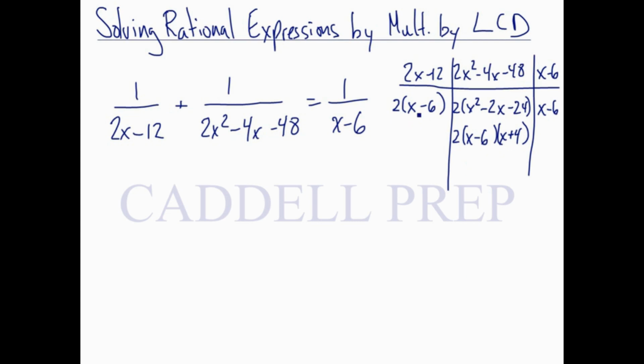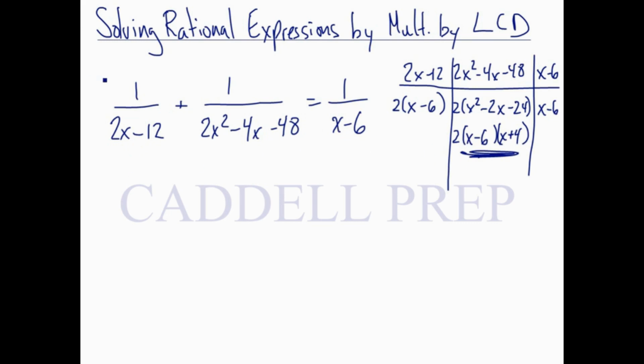So here, if we multiply this by x plus 4, it's going to be the same as this. If we multiply this by 2 times x plus 4, we'll have this also. So this is the least common denominator. So this term, 2x minus 12, just needs x plus 4 to be a least common denominator. But instead, what we're going to do, instead of getting least common denominators, we're going to multiply everything by this